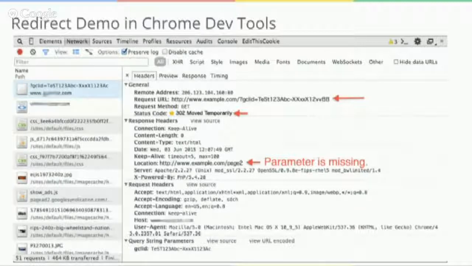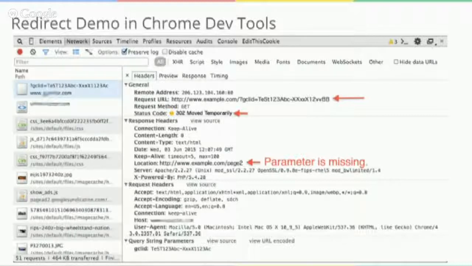And so what we're looking for when we look at that original request is to see if there's any sort of status code that comes back to us. So the most common ones for redirects are 301 redirects or 302 redirects. And so what the server will then respond is, I see your request for this particular URL that contains the auto tagging parameter. And here is the location I want to send you to now. So the location information is under the response headers.